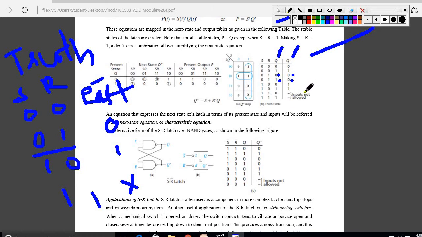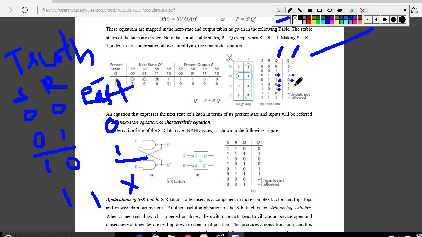Next, the third condition, 1 0. Your past value is 0, but even so, when the inputs are 1 0 you should write set, meaning the value 1. So I am writing 1. See the difference, it is not 0, it is 1. If both the inputs are 1 and 0, I write 1 again, irrespective of the past value.